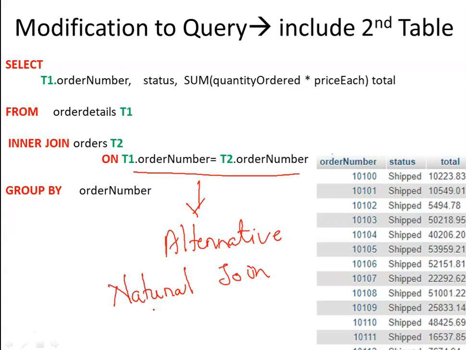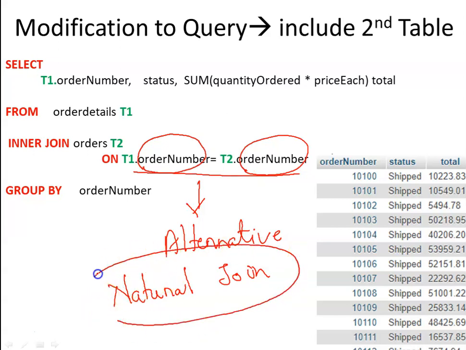If you look at this query also, the order number from table T1 and the order number from table T2 are both the same. So the obvious question is, can we make use of the concept of natural join in this condition? The answer is yes, we can make use of natural join in this case also. But there is no harm in specifying the join condition.